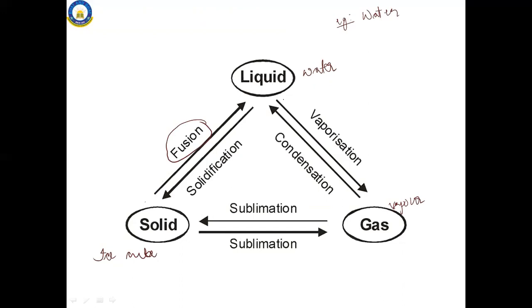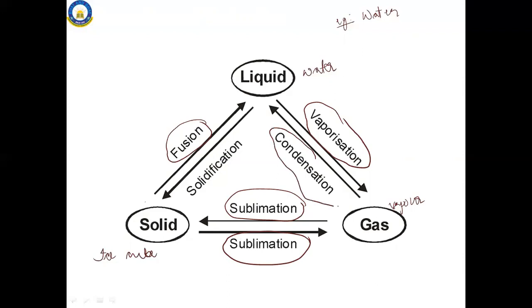And if a liquid is converted into gas, the conversion of liquid state to gaseous state, we call it vaporization. So I hope it is clear now. And from gas to solid conversion, we call it sublimation. And solid to gas, again we call it sublimation. And gas to liquid, we call it condensation, because there is some sort of condensation. And from liquid to solid, we call it solidification. So these are the names for the